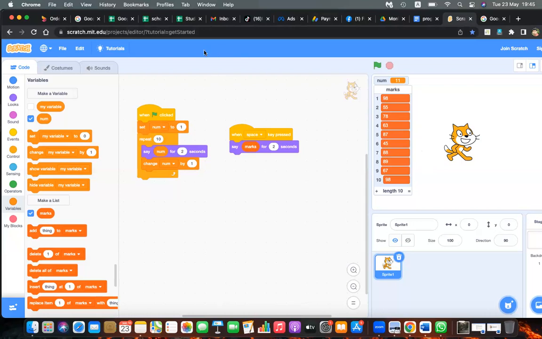Let's do this now. I will give you 3 minutes. Quickly try and show me. Can others see her screen? She has printed item 1 of the marks, item 2 of the marks, item 3 of the marks, item 4,